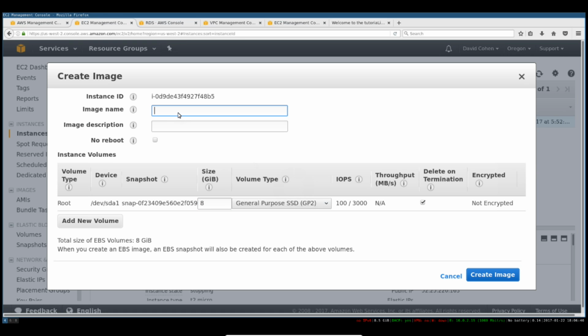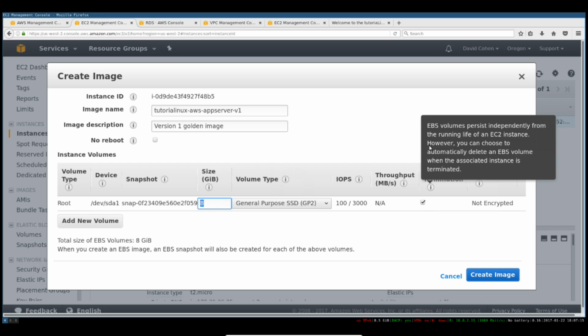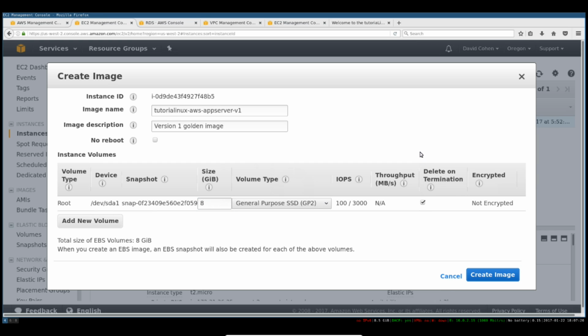So we're going to say tutorial Linux AWS app server v1. This is our version 1 golden image. We're going to leave the default volume that backs this as 8 gigs of general purpose SSD, and it is persistent, and it will be deleted on termination. Okay? If you're doing something super critical where even if the instance has to go away, you still want to keep the data that it's been working on, you definitely want to uncheck this. Okay, so we're going to go ahead and create that image,